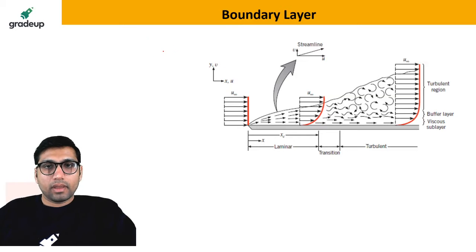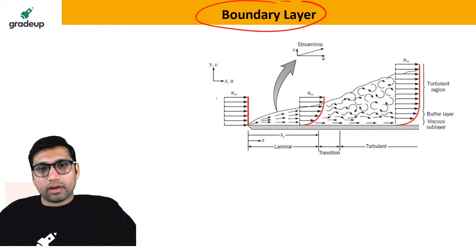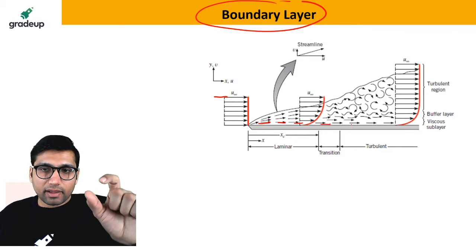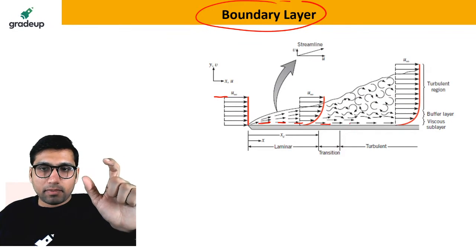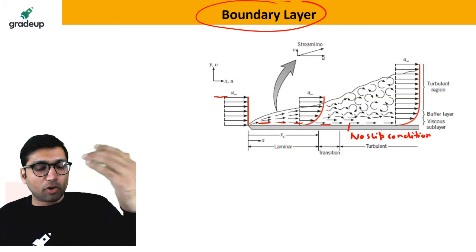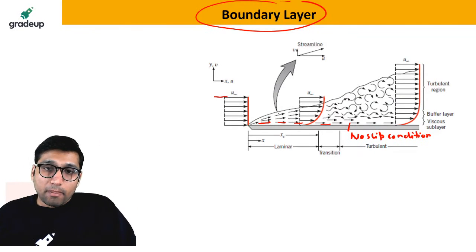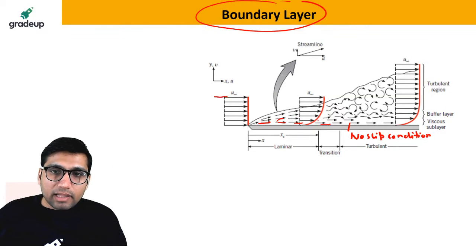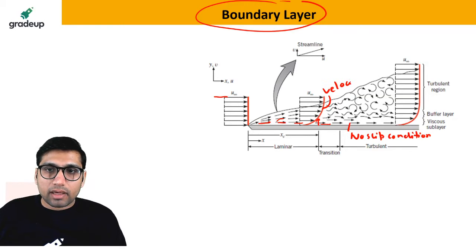Okay. Now what is a boundary layer? Whenever a fluid starts to flow over a flat plate, you will notice that the fluid particles which are near the boundary, near the plate, will have the velocity of the plate, that is, the no slip condition will be applied. So the fluid particles near the plate will start to cling to the plate. But as the fluid proceeds above the plate, you will find that suddenly a velocity gradient will appear. What will happen? Some velocity gradient will start to